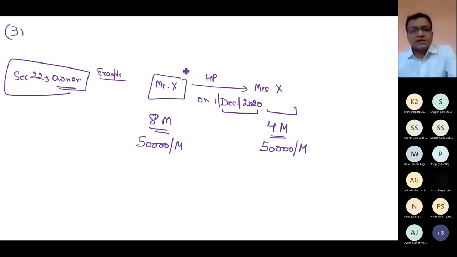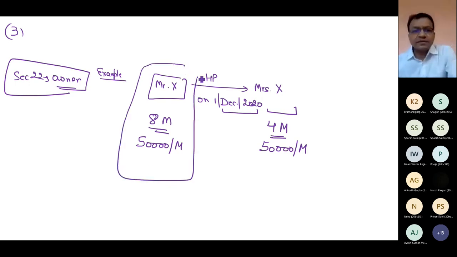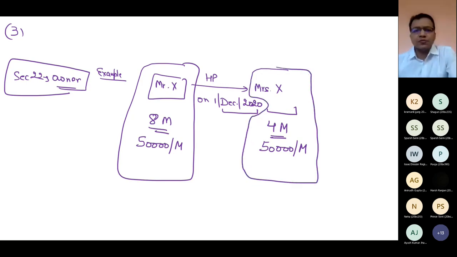For the first 8 months, Mr. X is the owner, so logically he will pay the tax, and for the next 4 months, Mrs. X is the owner, so she will pay the tax. There is no problem. But suppose the question arises, why has Mr. X given this property to his wife? If it is without adequate consideration,